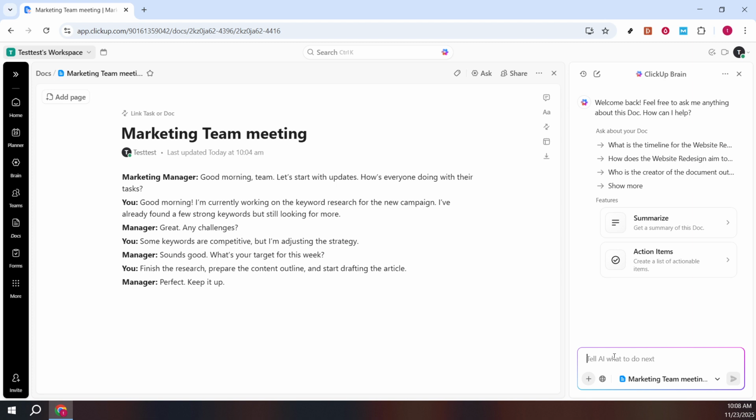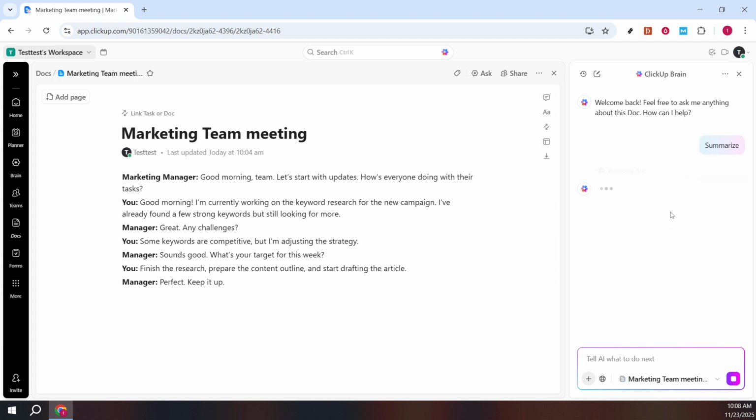The AI will read the document, analyze the content, and produce a concise, structured recap. This usually includes a high-level overview, decisions, and next steps based on what's written in the doc. Give the result a careful review to confirm it reflects the conversation accurately, especially for dates, responsibilities, and any nuanced decisions. If something looks off or you want the output refined, adjust your prompt with more guidance. Ask for shorter bullet points, clearer owners, or a risk section, and run